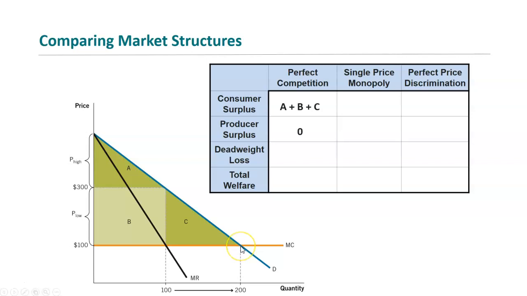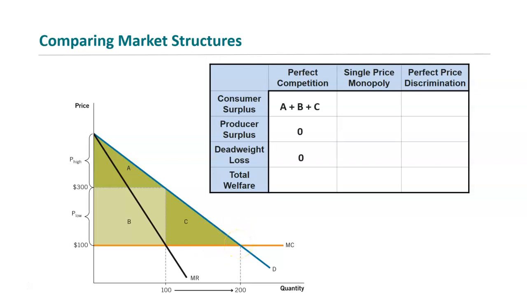There's also no deadweight loss because all the transactions that could occur are occurring. We're going all the way up to that market equilibrium here, and anywhere beyond that would mean that we'd be selling for a lower price than we want to. We'd be losing money. And if we stopped anywhere early of that, we'd be losing money as well because we'd be losing out on transactions that could occur.